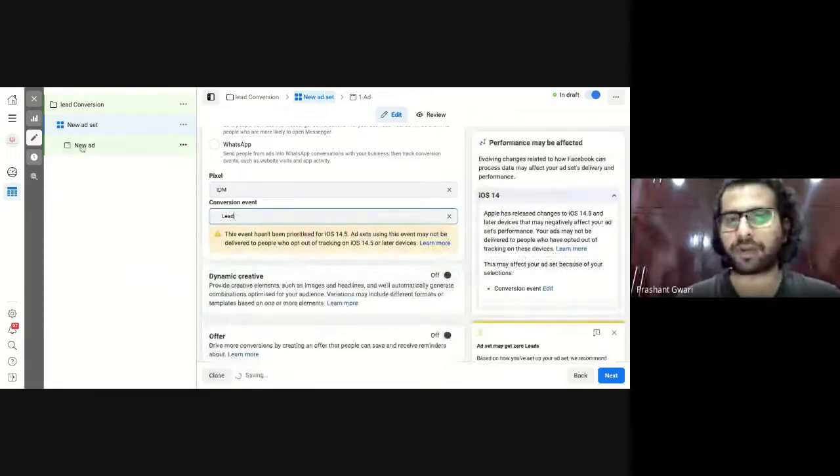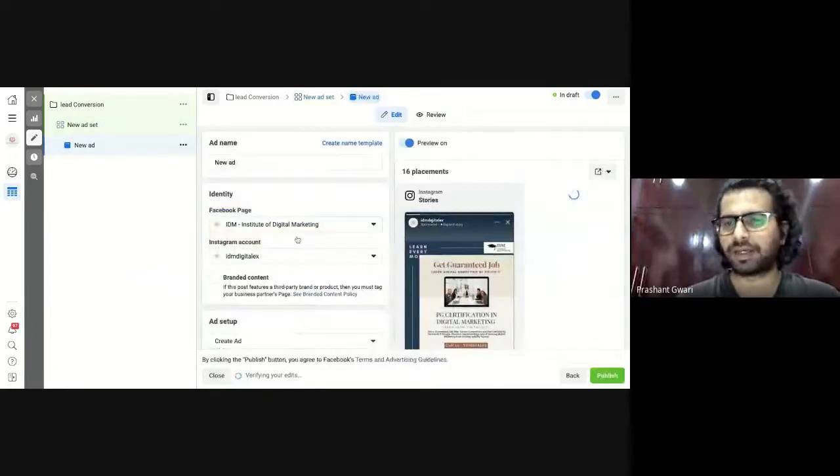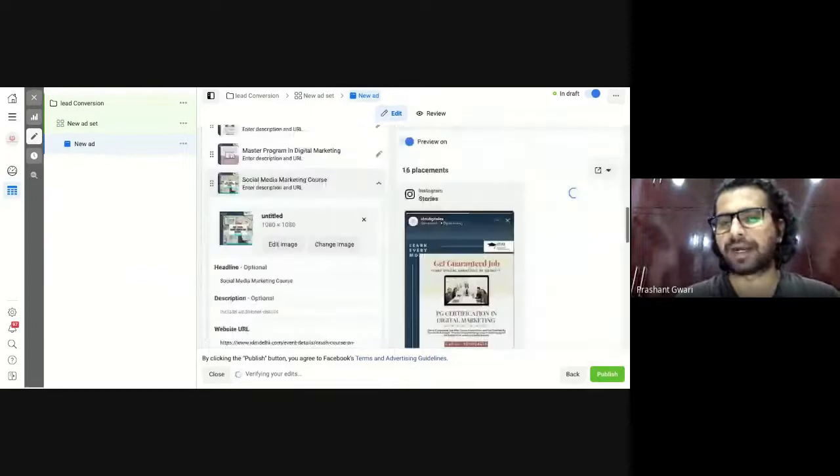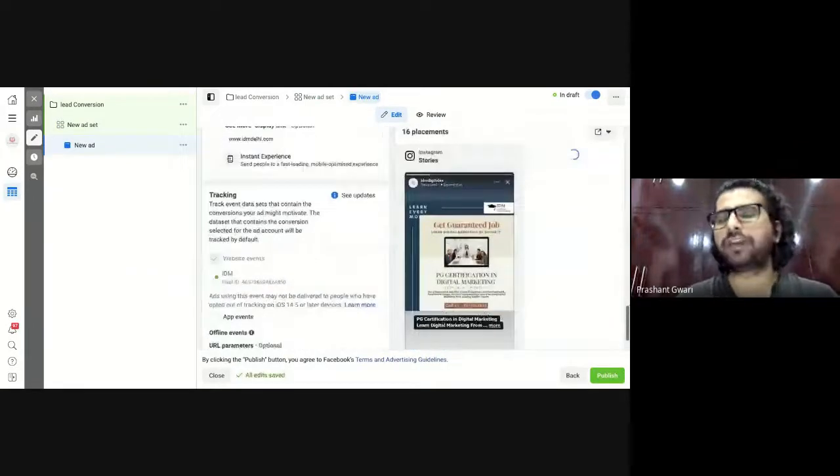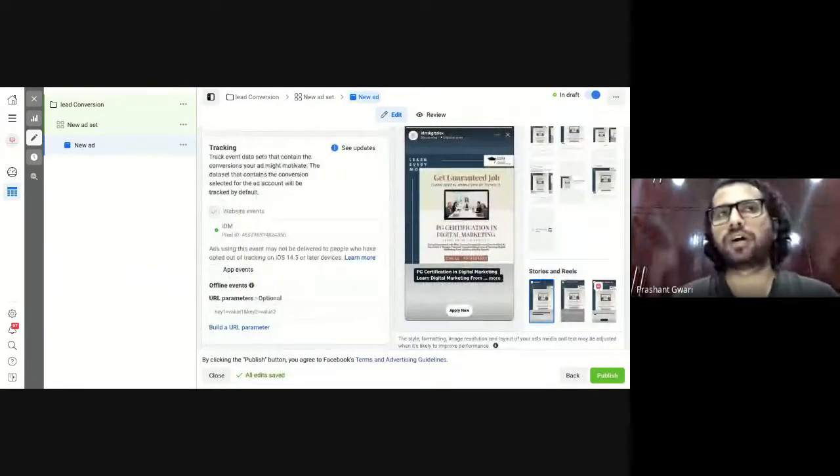Now again, let's go back to the third part of this advertisement. Come to the last part. Because everyone who is coming from Facebook and Instagram and seeing your advertisement, you have to track them, which platform they are using, and what time they are visiting your website. So you will click here on this website event. It will automatically create it and appear here with your website URL and website pixel ID. You will click here on this box and use the pixel ID to track every single website visit.